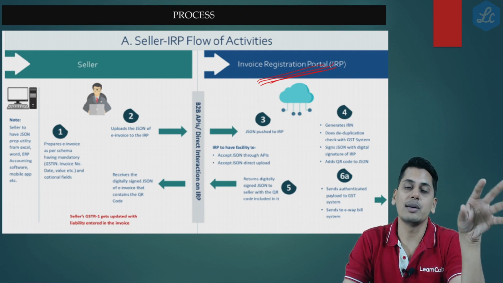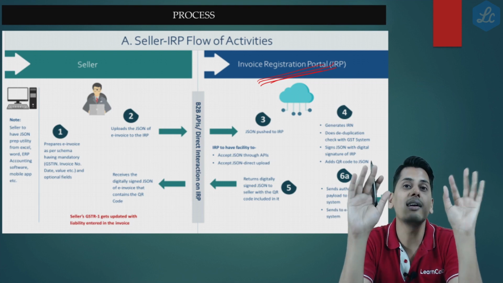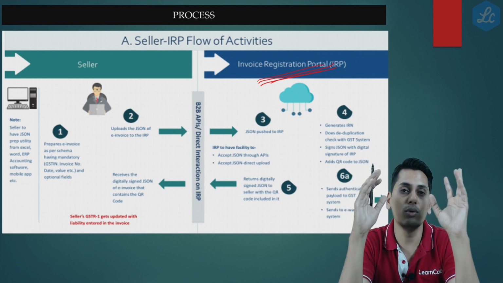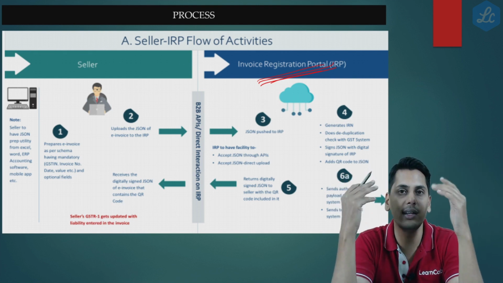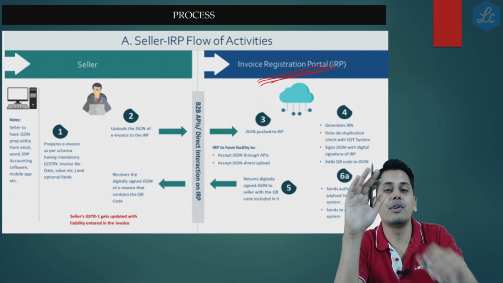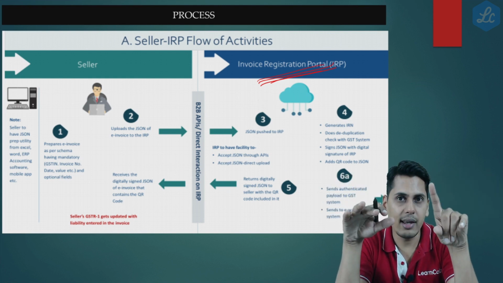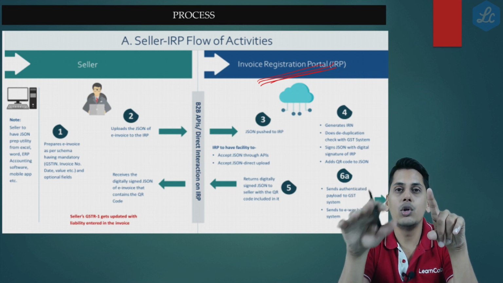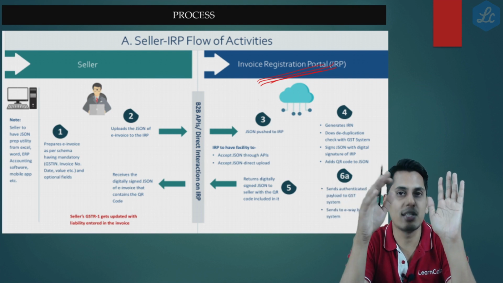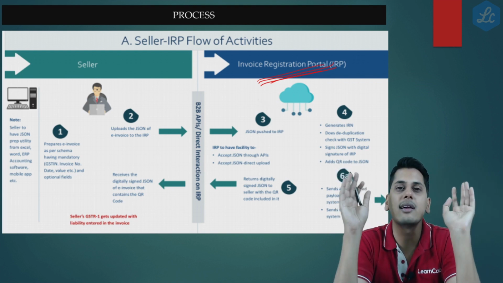The notified person who is supposed to issue an invoice in accordance with Rule 48 sub rule 4, in the schema which is available, the standard template which is available, will punch in the details. The system will accept the details only in the JSON format. So in the JSON format, the details are uploaded. The invoice registration portal would carry out a deduplication check. If it is satisfied that the details are unique for this particular financial year, 1, it would generate an invoice reference number. 2, it would digitally sign the JSON. 3, it would attach the QR code to the JSON invoice. That QR code will have an embedded invoice reference number, and it returns the invoice to the person who